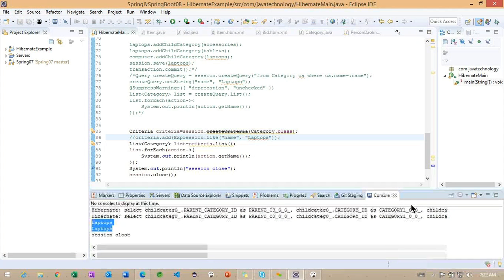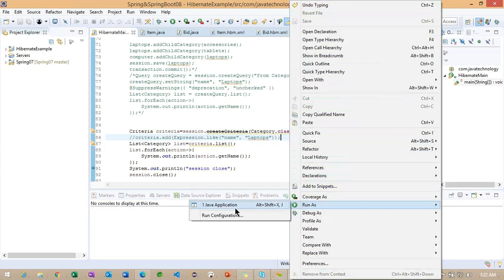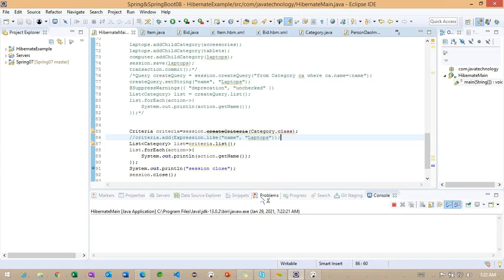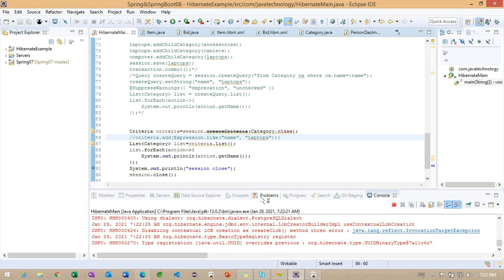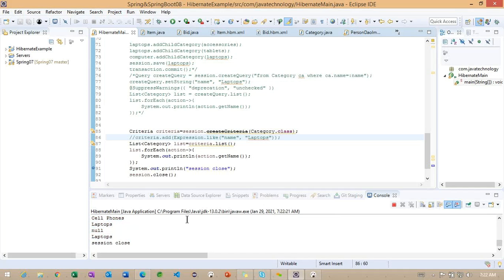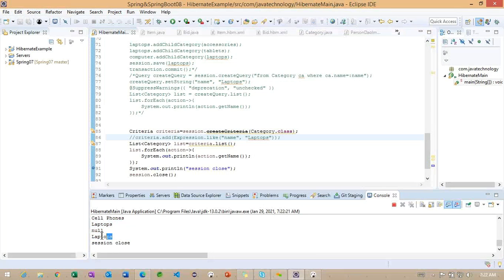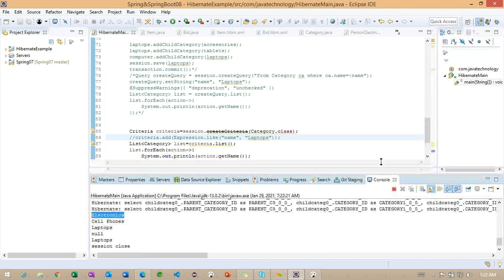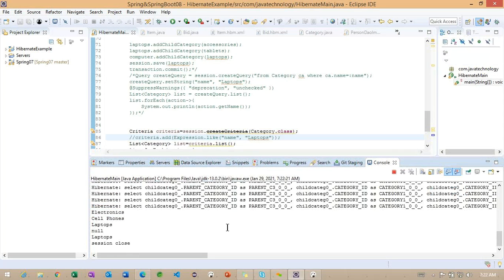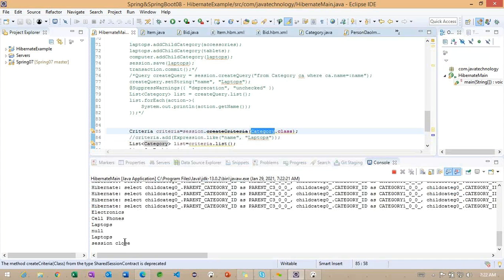Now observe, I'm not going to add any expression here. You can identify here: laptops, null laptops, cell phones. So we have identified electronics. How many records are there in the table based on this class?